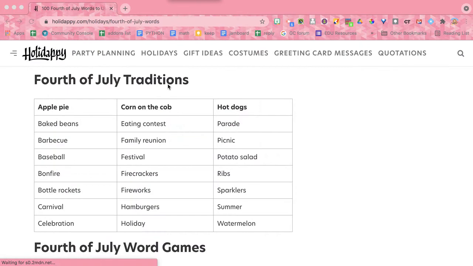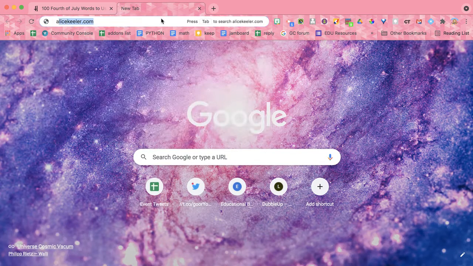I wanted to do something fun today, so I'm going to make a word search. I searched up 4th of July words. I have this website, holidappy.com, and they have some 4th of July words. And then what I'm going to do is go to